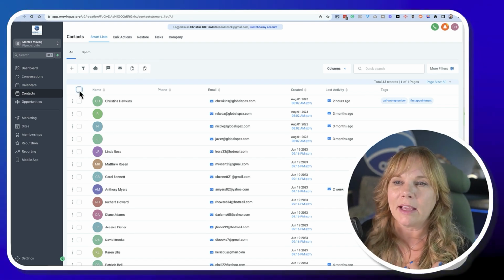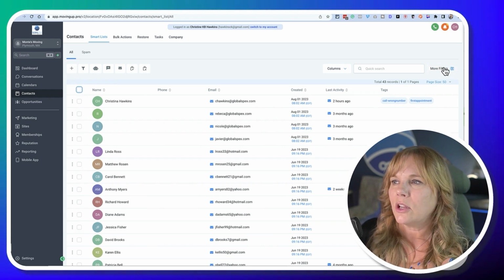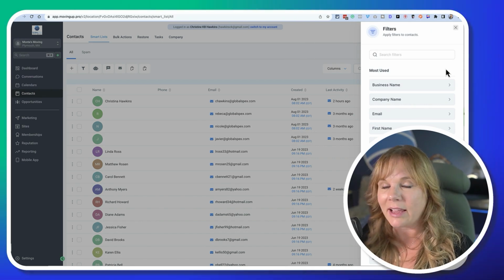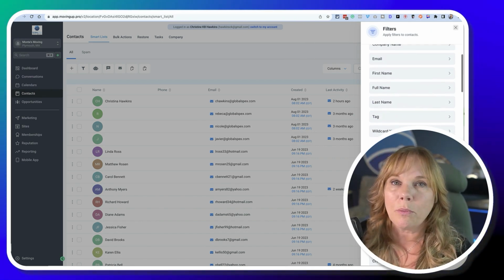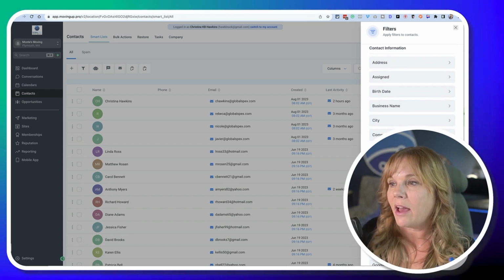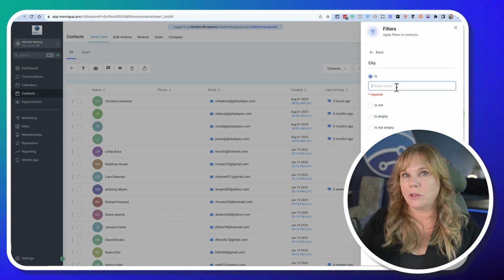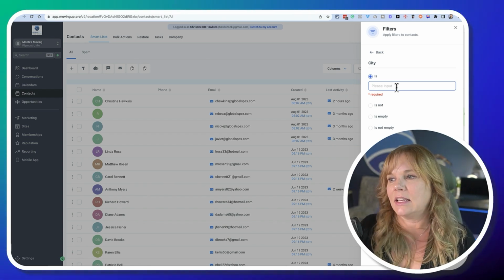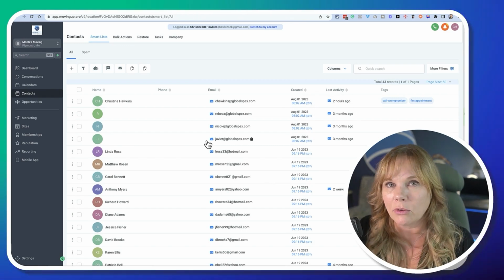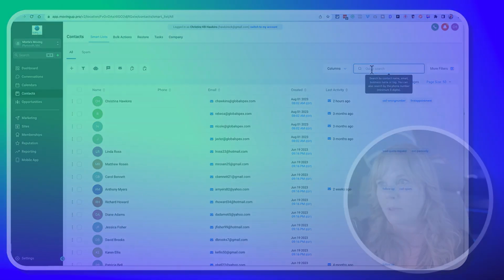And you do that by selecting everybody in the list. To the right is another section where you might filter. Filtering is best by tags, but there's a whole bunch of ways to do this. If you want to filter by city, you can have city is, and put the name of the city, or you can reverse that, anybody that's not in a city. So that's one way to filter if you're trying to get a better sense of where, who, what. A quick search is what I use a lot, by phone number or email.